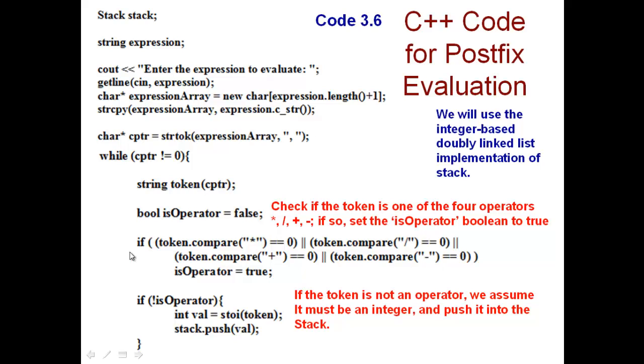Check if isOperator is true. Now if not isOperator, so if isOperator is false, not false is true. That means you have encountered an integer, so convert the string token to an integer value and push it to the stack. That means you are pushing an operand to the stack. If you encountered an operator, then not isOperator will be false, because isOperator is true, and not of true is false. So get in,